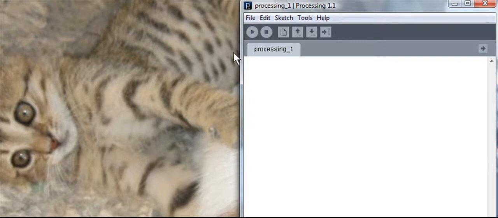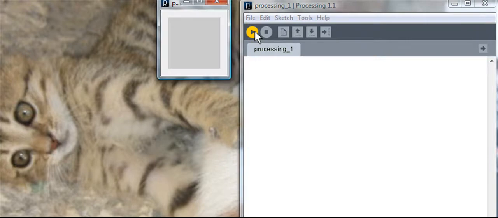What I also like is that it's immediately a graphical interface that you can create without complicated functions, and it was written by 2 MIT graduates. Anyway, you can just run the program right off the bat, and voila, you get a little rectangle. Now that doesn't look nice, so